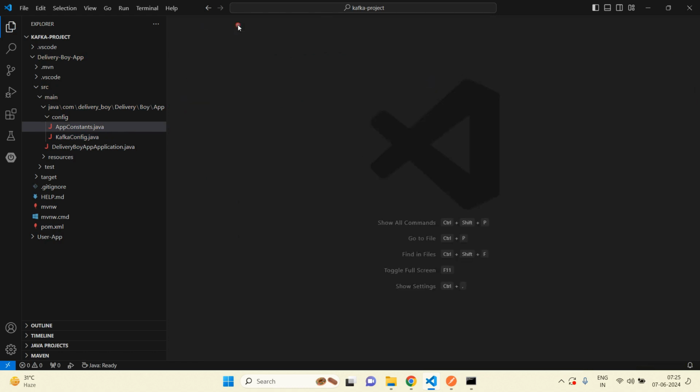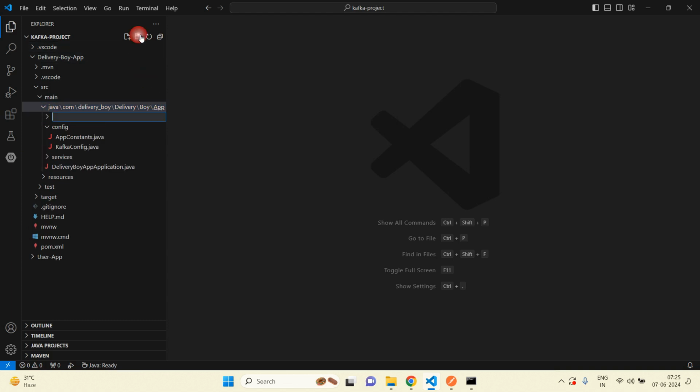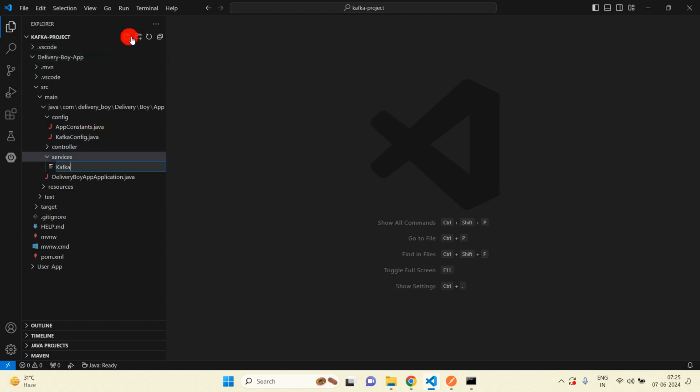And close this also. After this I am going to create one more folder, that would be service, and create one more folder, that would be controller. Now I am going to work on the service folder. So just write KafkaService.java. We will create this file,